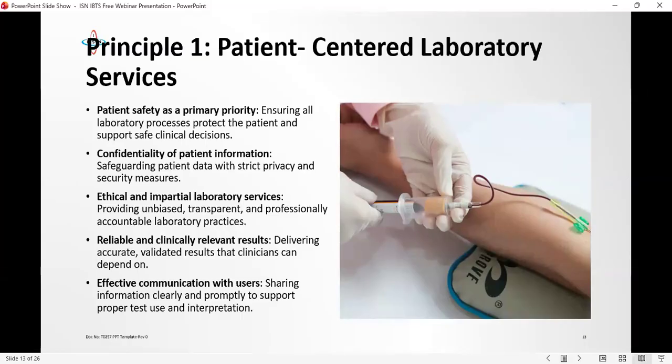Or when a result is leaked, say, Obasanjo came to my lab today, and you publish the results. Even other people will not want to come to your lab because your lab is a risk. You can have my information anywhere on the social media. That is why we need to be, number one, empathetic. Focus on our patients, because without our patients, we cannot be in business.